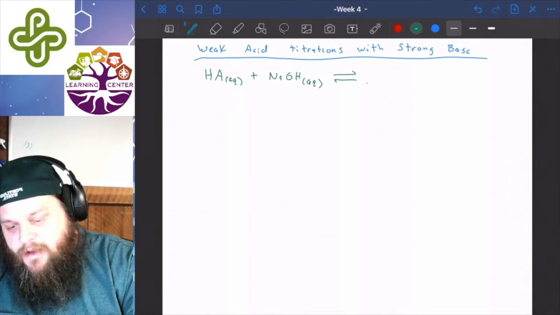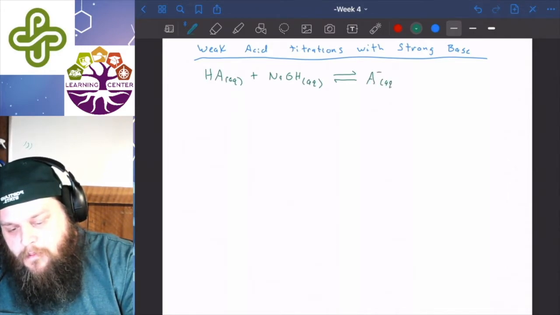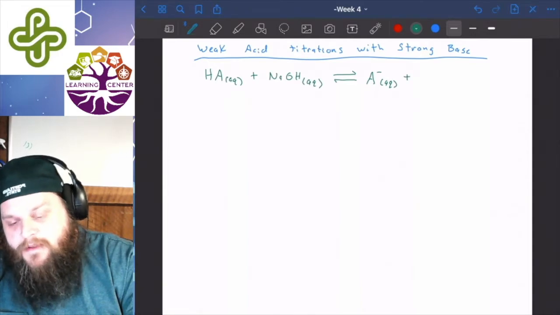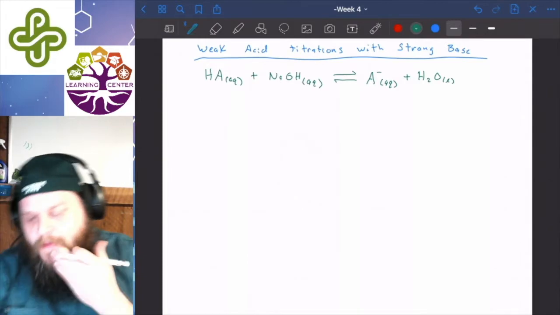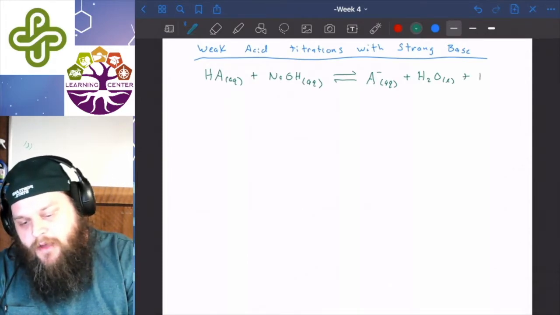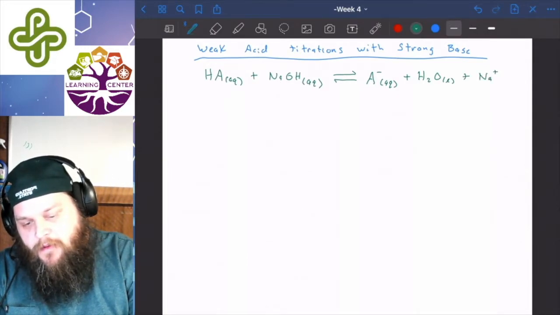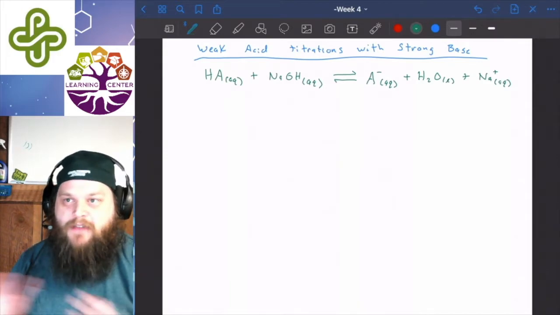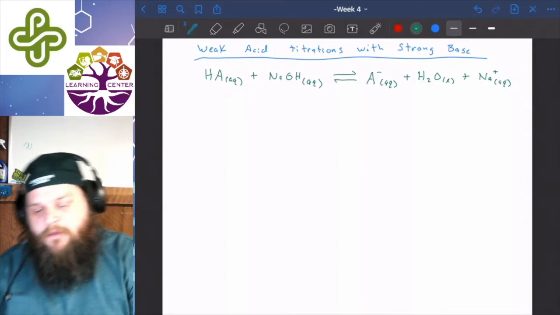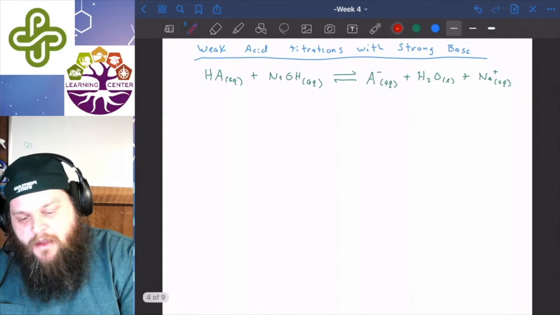This is going to be in equilibrium with the conjugate base plus water. Plus, we're going to have a bunch of sodium ions floating around when we're all done. Because sodium's very happy just floating in water. It stays fully dissociated. So this is really a spectator,